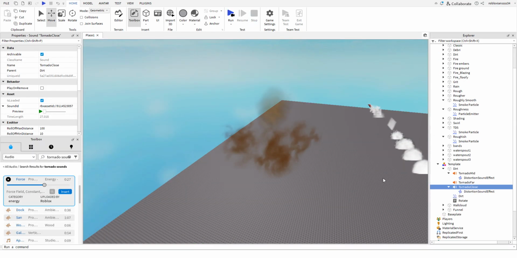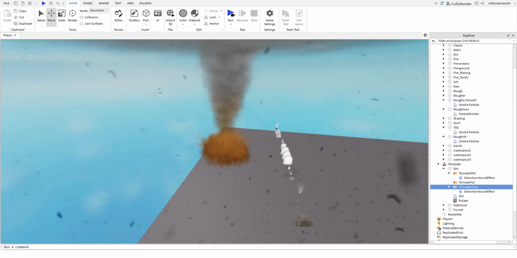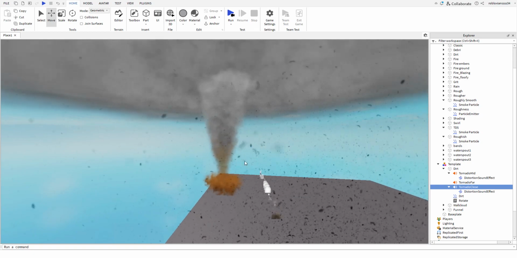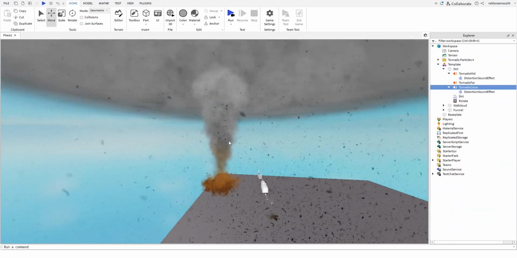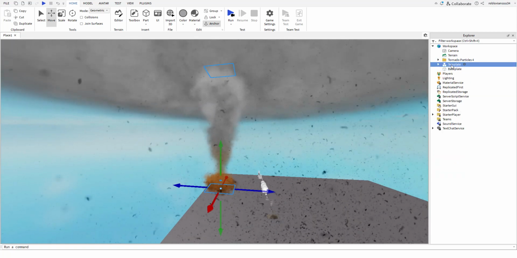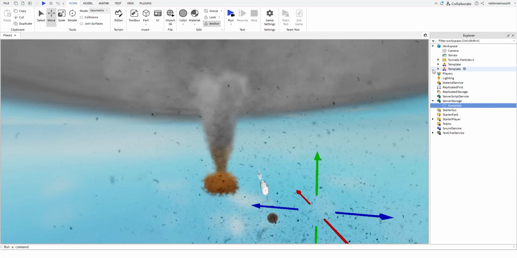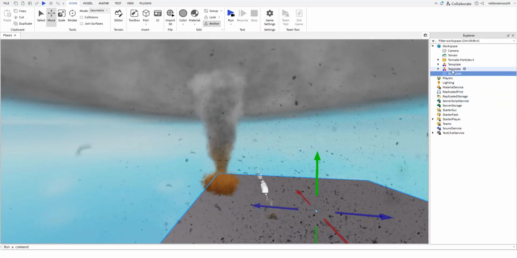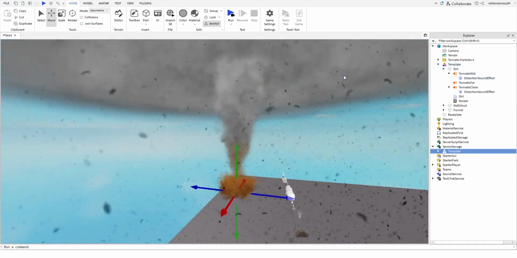So yeah, just find sound effects for your tornado, and now we got the template done. So I can duplicate it and make more. But now we're gonna work on the wedge real quick. Why don't I just save the template in server storage, and then duplicate it, and then we're gonna make